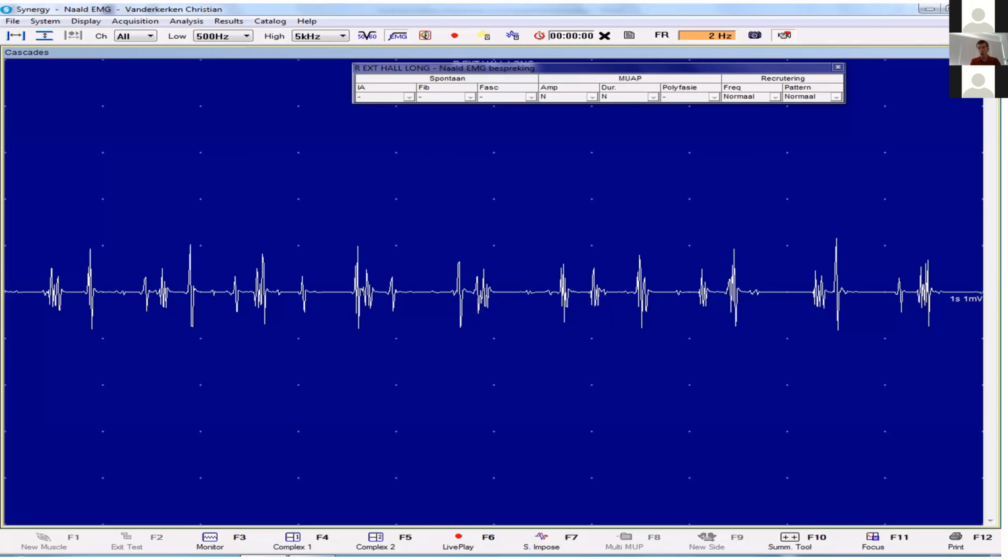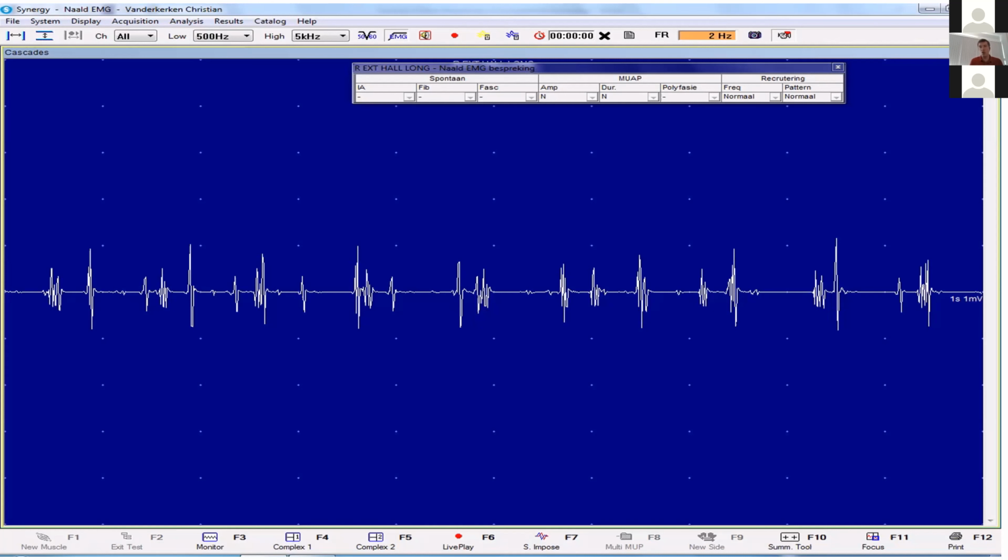But we see that the sweep of this snapshot is 1 second. So one division is 10 milliseconds. The duration of a polyphasic motor unit is for sure not in the classical myopathic range. The duration over here is about 4-5 milliseconds. In this extensor hallucis longus muscle, the clue to conclude poor recruitment and neurogenic condition is more in the